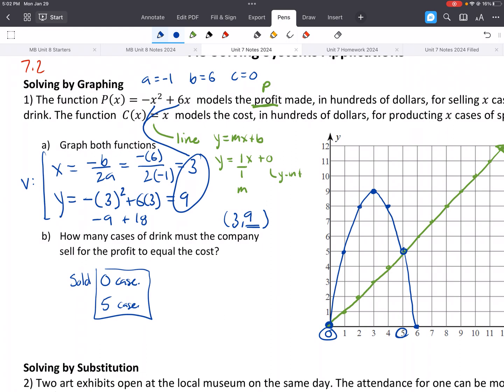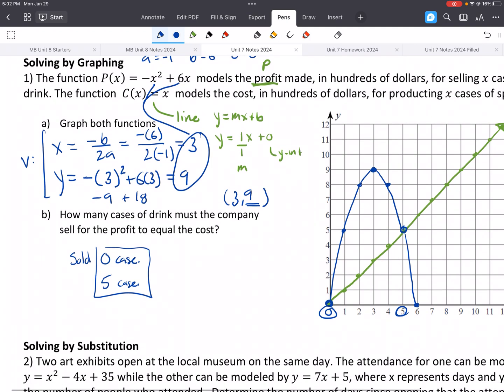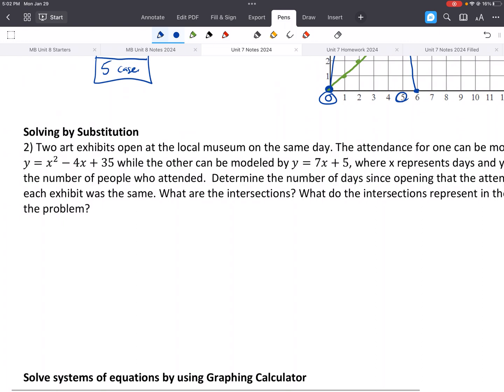Really, the second example is probably the one that's more viable, just because who would go to the work of making the company and all that stuff and then not making anything so that you can't sell anything? So that doesn't make a whole lot of sense. Anyways, this is an example where we have an answer that's not an ordered pair. Okay? All right, let's go on to solving